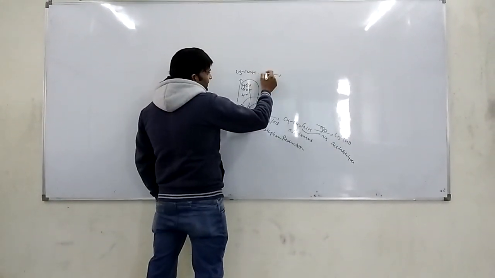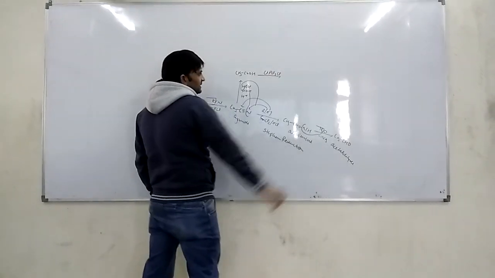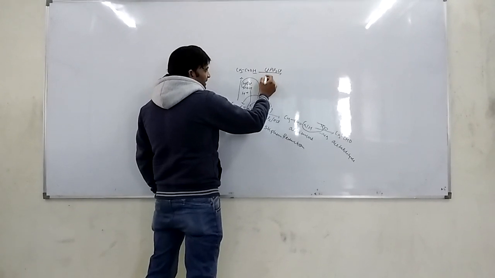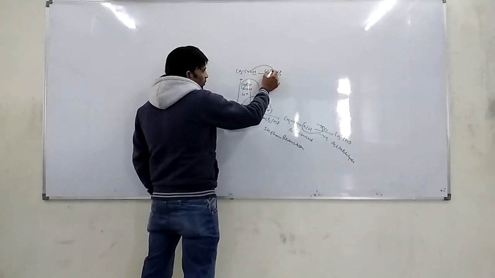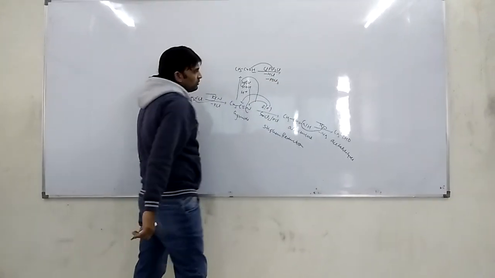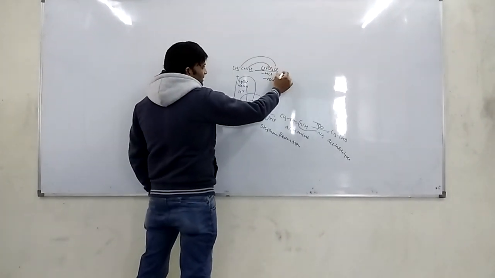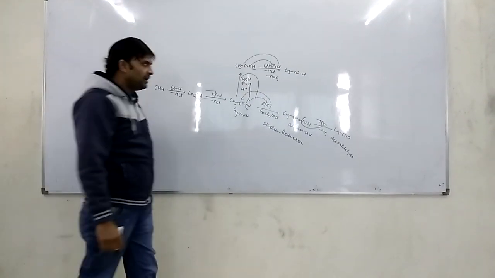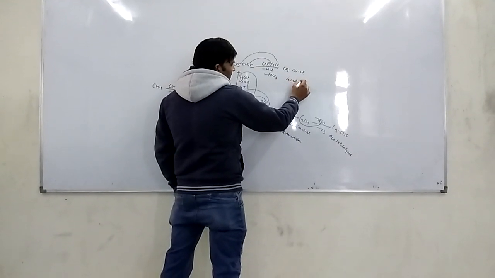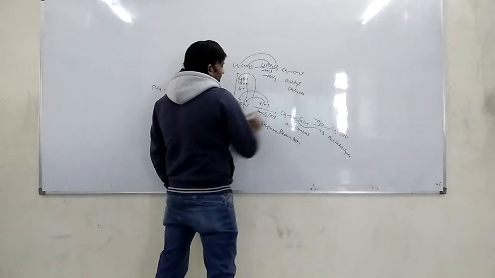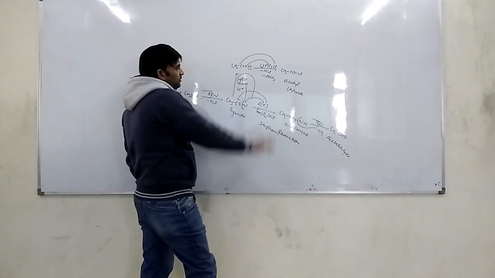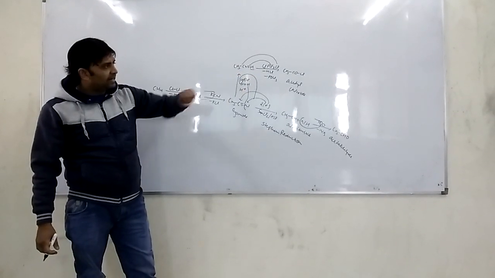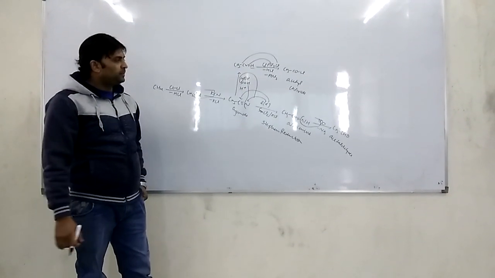If this carboxylic acid is treated with PCl5, phosphorus pentachloride, this H combines with Cl and releases HCl. This O combines with PCl3 and releases POCl3, and the rest, CH3CO, is attached with Cl. It is converted into CH3COCl. You know this is acetyl chloride. That is, we have converted cyanide into carboxylic acid by hydrolysis, and this acid is converted into the acid halide, acetyl chloride, by reaction with PCl5.